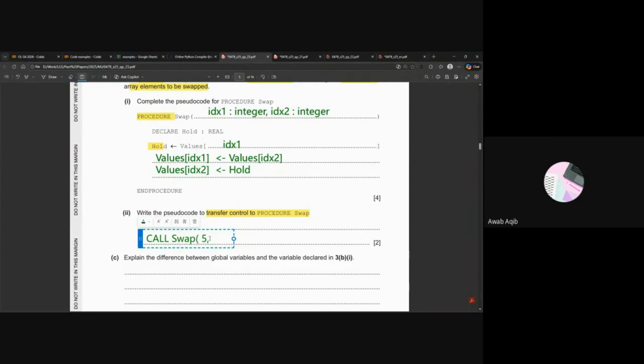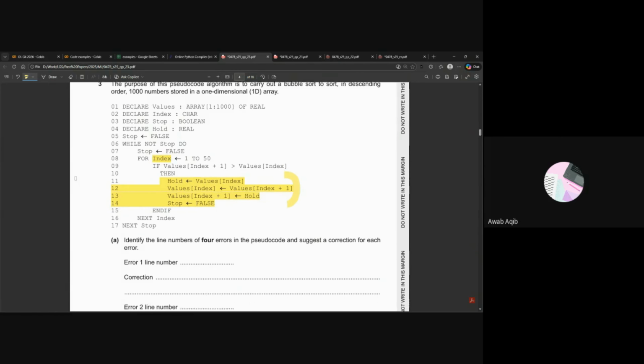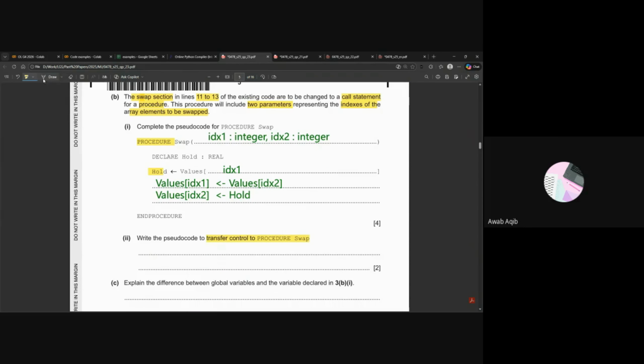So we would have a current index and then we would have the next index. So you can write 5, 6, but in this case we would not do that because in the original algorithm, if you see, it says the value is index. Right, so index is the variable that has been used here. So we have to stick to this value. So we can pass in the current value and then the next value. So this would become